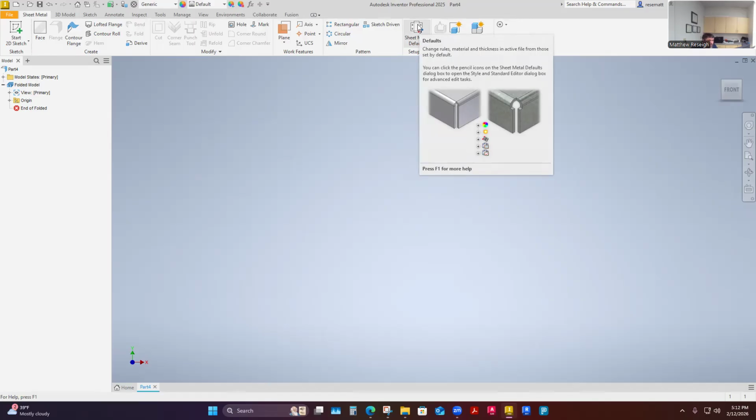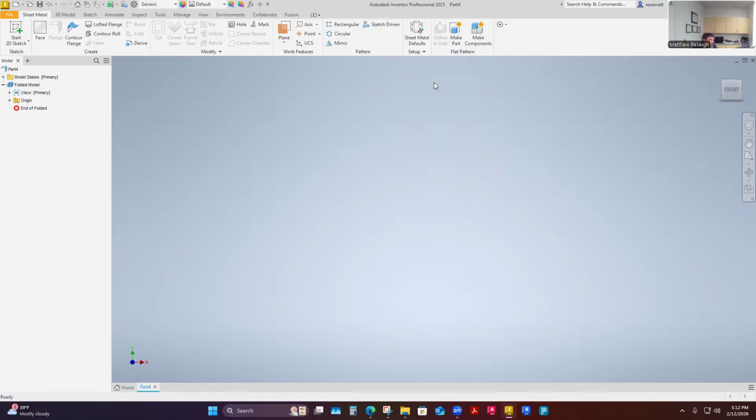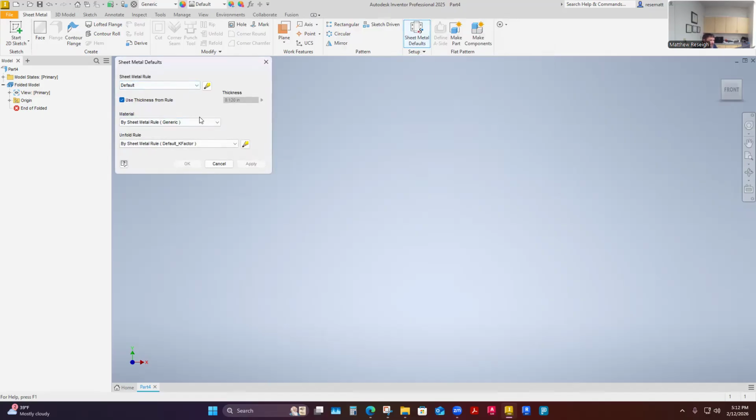And most companies will spend the time to build out their sheet metal defaults, so they have a selectable sheet metal size ready to go. And I can just jump in here and select it. Right now, it's just going to use the default 0.12 thickness. But in the event that I actually had